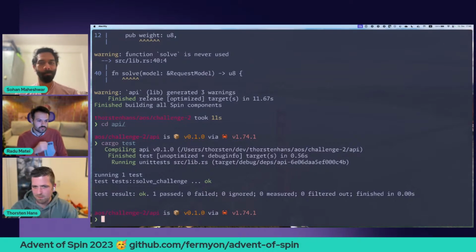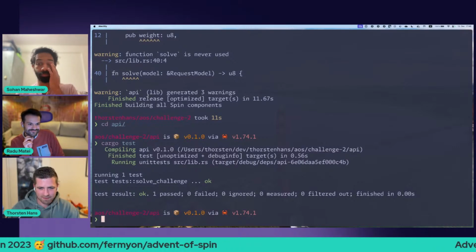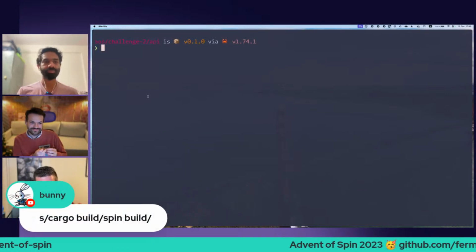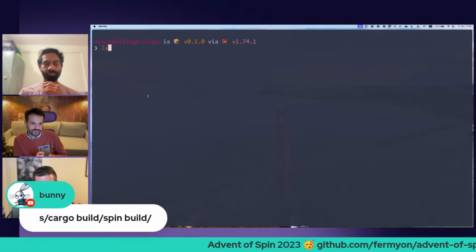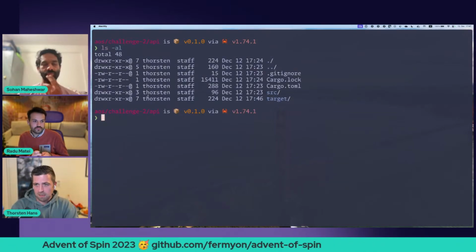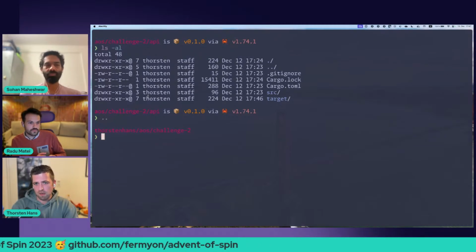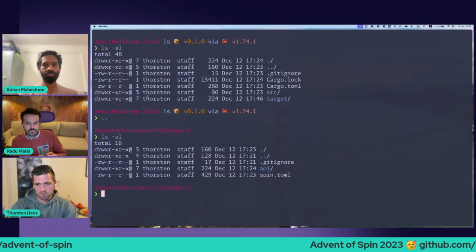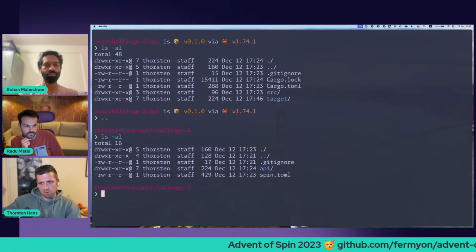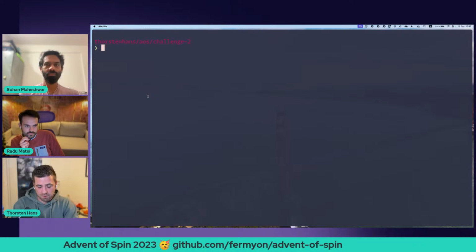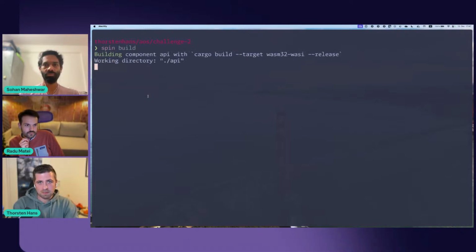Okay, so in the meantime, I worked around my mistake by simply, let me put it on top of the screen. So I was in the API folder, right? This one is where my Rust library crate is. I went one folder up. This is where the spin.toml is, right? And the spin.toml has the command to build the crate for the correct platform, as Rado suggested. So I can do a spin build over here.